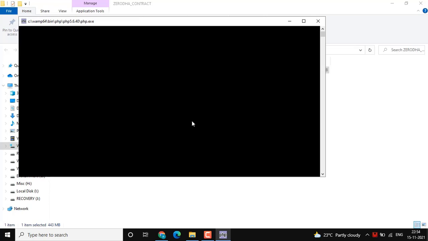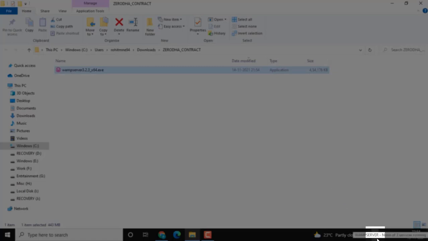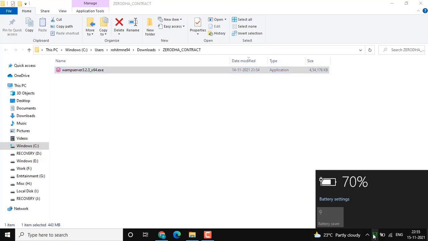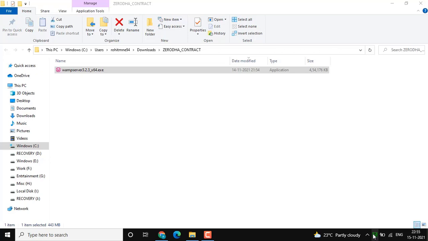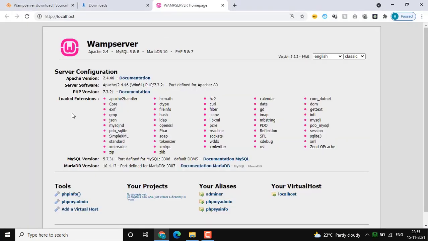You can see the W icon in the taskbar, which will turn to orange and then to green. Once it is turned to green, that means our server is started. So here it is started. I'll go to that option and select localhost. This is the home page of WAMP server, and we can see different options over here.